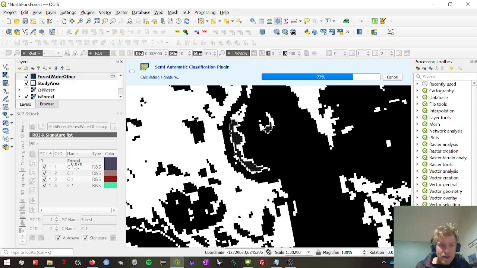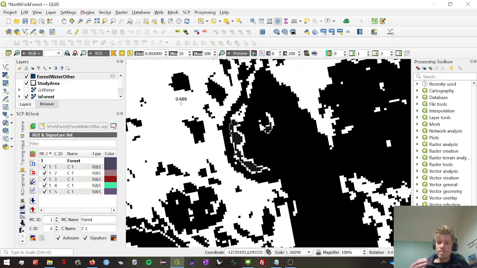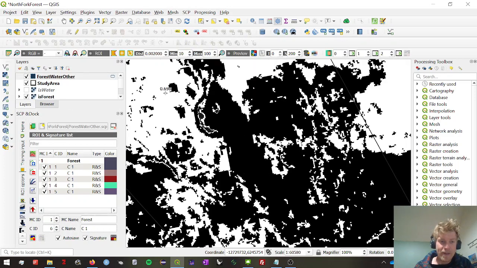So this will get me 5 in the forest category once this one finishes. And I'm going to do 3 categories total. I'm going to do forest, I'm going to do water, and then I'm going to do everything else. So if I decide 5 is good enough for the forest category, in reality, you know, 10 would be all right, 50 would be great, 1,000 would be pretty nice, but I don't really want to sit here all day doing this. So let's jump to the next category, and let's do